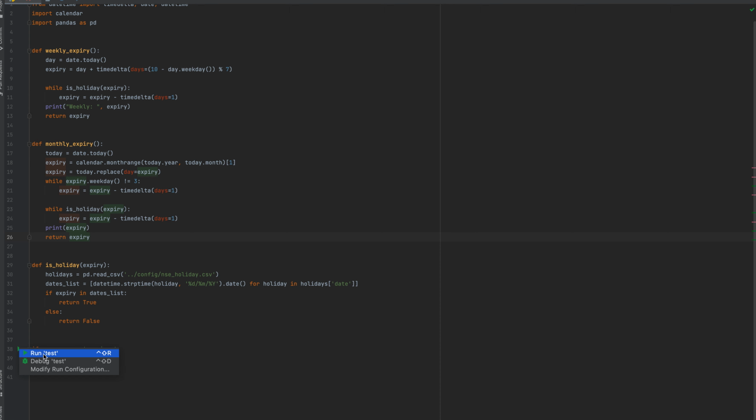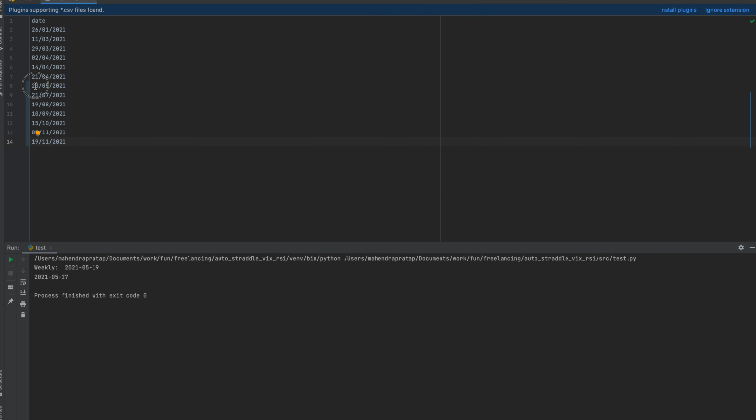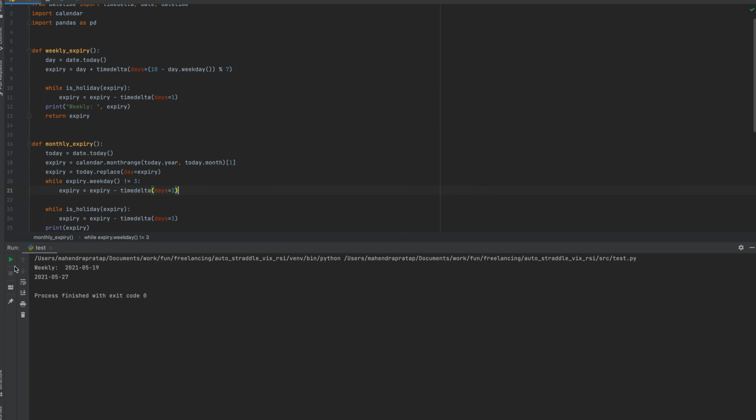Now let me run this for you. As you can see, today is the 19th and I have added the 20th as a holiday here. I'll revert it back to 13 and then we'll see.